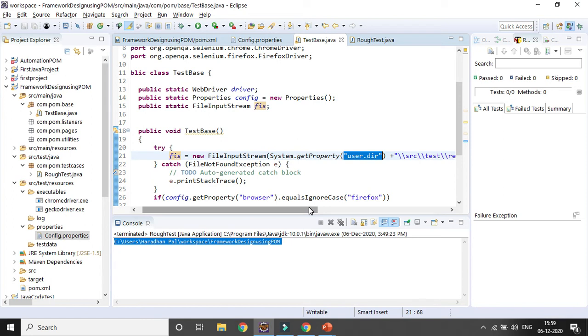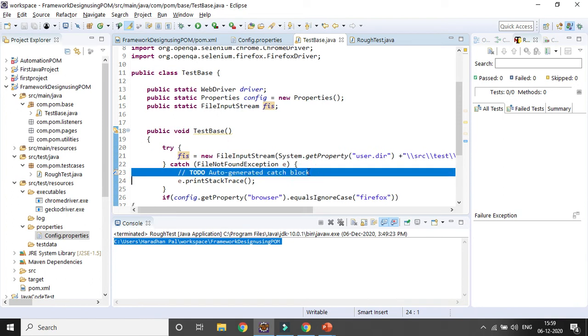After reading the file, I will be loading the file. Inside the try catch, here also I need to load the file. How will I load the file?